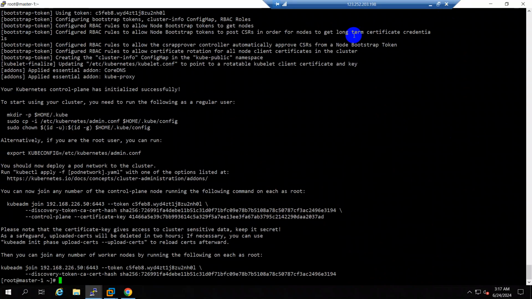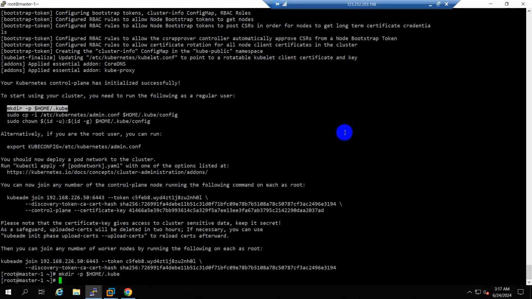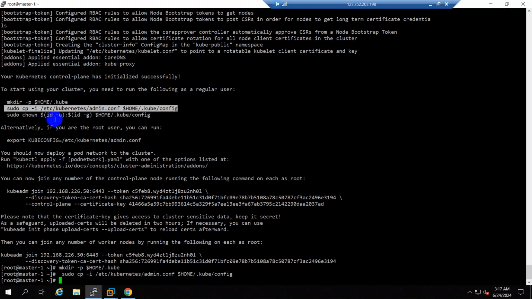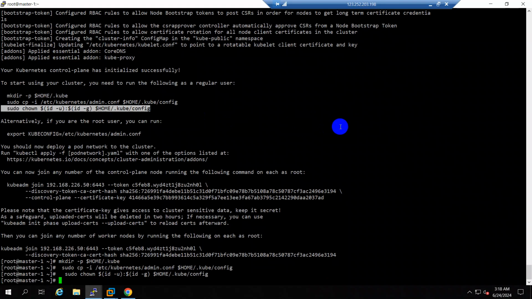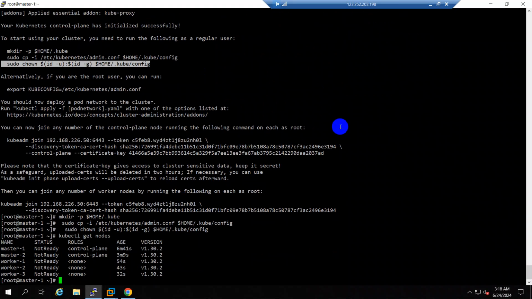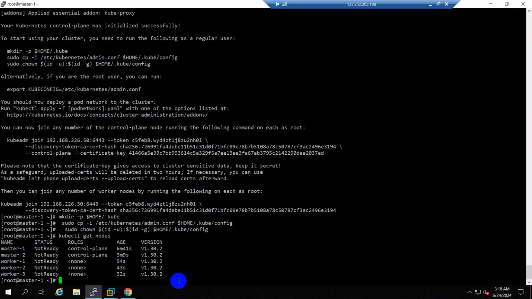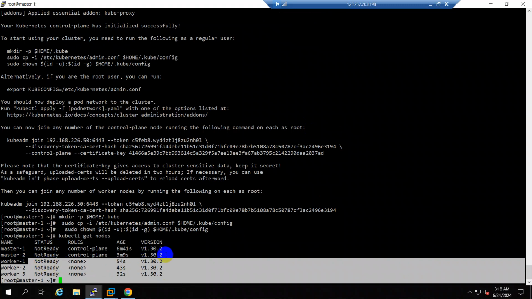Okay, I just want to execute this three commands on master 1 also because I am going to copy the admin.conf file. Okay, sorry. Okay, now from here kubectl get nodes, you would be able to see all my workers have been connected to my cluster and all my